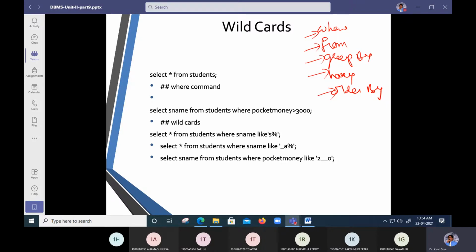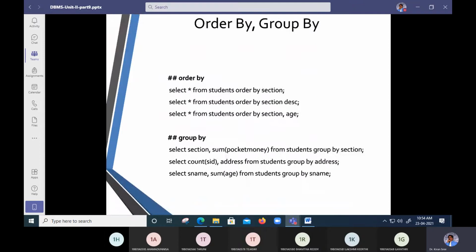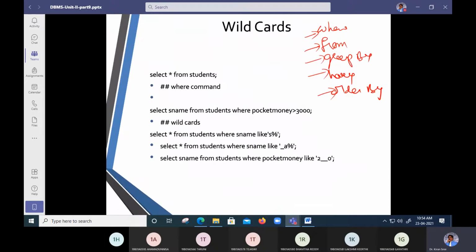In order to do these clauses, we need to work with and understand some wild cards. Wild cards work like this: if I put yes followed by a percentage sign, the first letters should be yes and the remaining can be anything. My name is Ramchandra Rao, so my first character is R, so this should not come. Only the names starting with yes should come. So for that, I am going to put yes star.